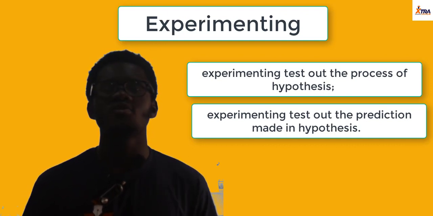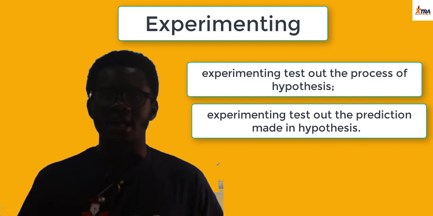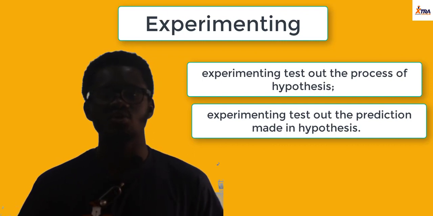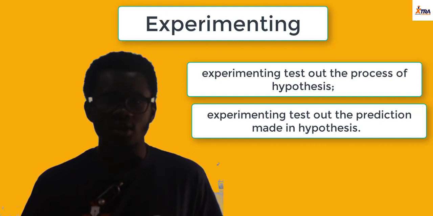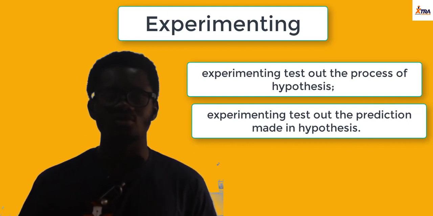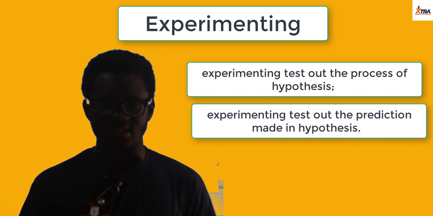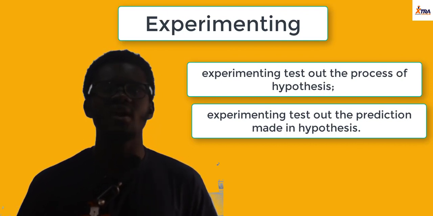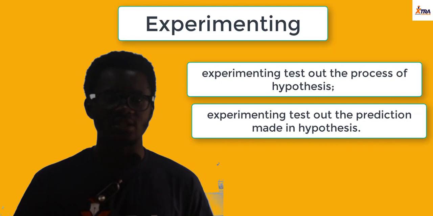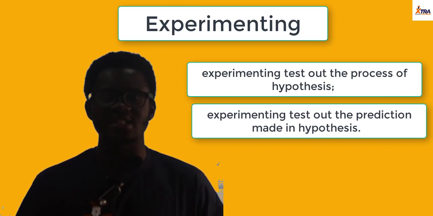So now, if, let's say, it doesn't work out that way, probably your prediction was wrong, they didn't even have relief, or probably it took longer time to have relief, or probably intravenously didn't work, probably subcutaneously worked, that means that your hypothesis is already completely wrong. So you as a scientist will go back to the drawing board and refine. You could refine it, you could revise it, or probably you could just discard it from the word go and start all over again.